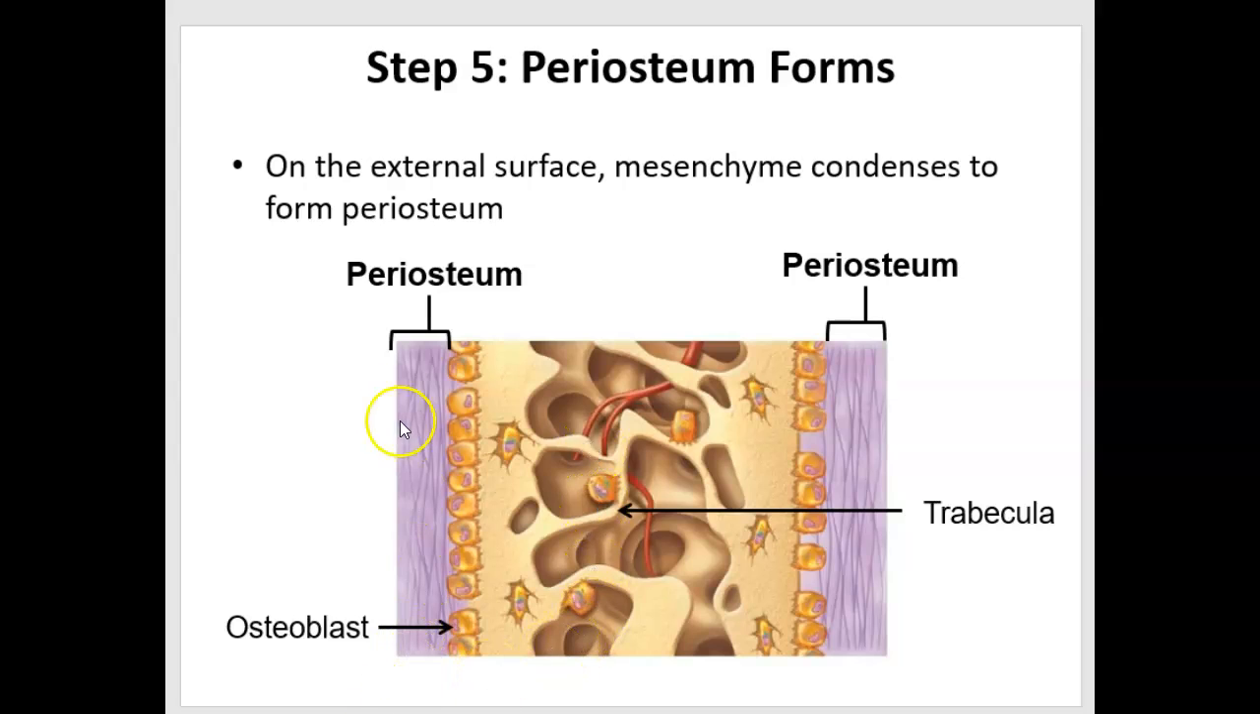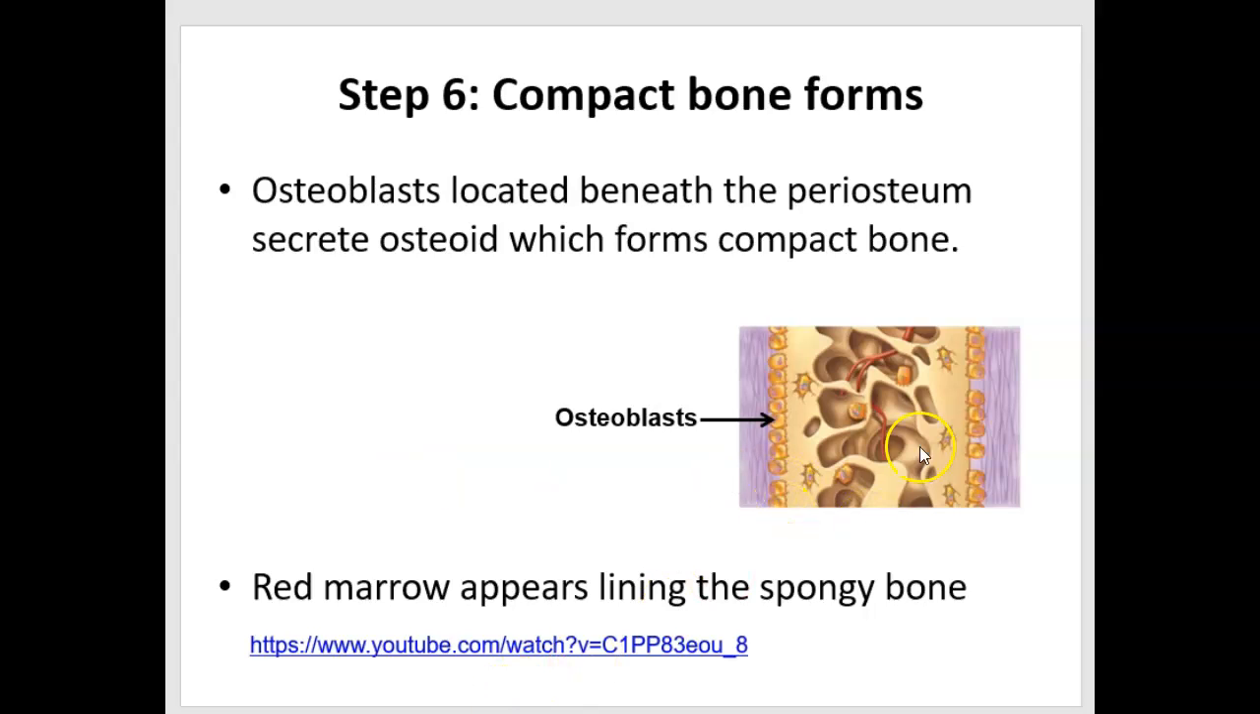Next, the mesenchyme that's superficial to the osteoblasts turns into periosteum, which is just a dense connective tissue, but it helps protect the bone. And what will still happen is that these osteoblasts on the surface can still deposit osteoid. So you can get a layer of compact bone forming in this region, and the blood vessels bring in the